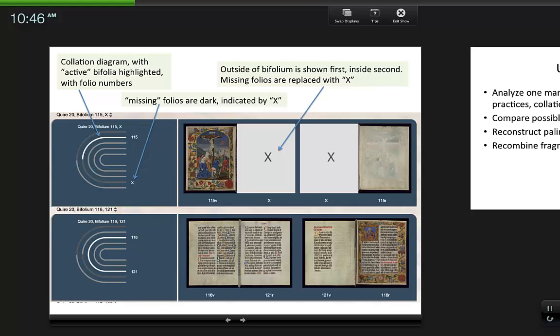When folios are missing, there's just this sort of blank with an X on it, so you know there's not actually a page there in the book. And then the outside of the bifolia is shown first, the outside being the side of the bifolia that faces the binding, and then the inside is the part that faces the inside of the book, and you just flip it over. So here's the outside, and then you flip it over, and there's the inside, and the numbers are